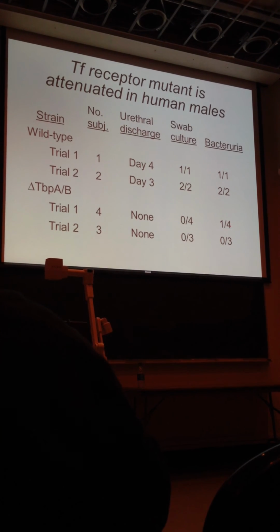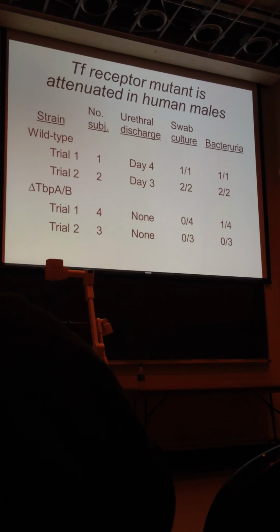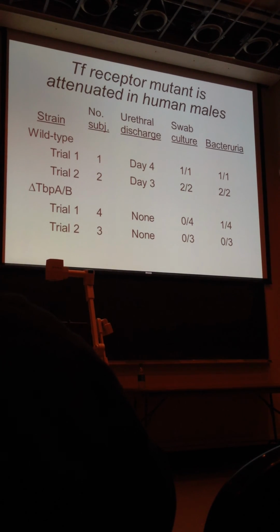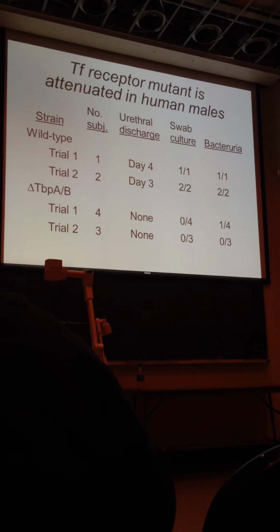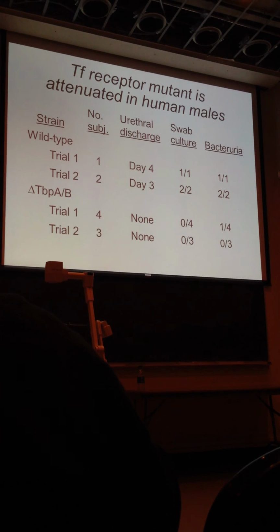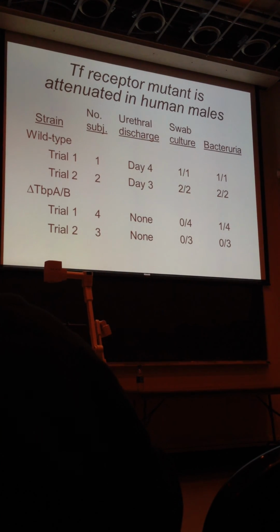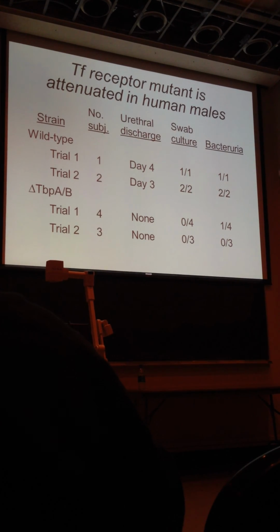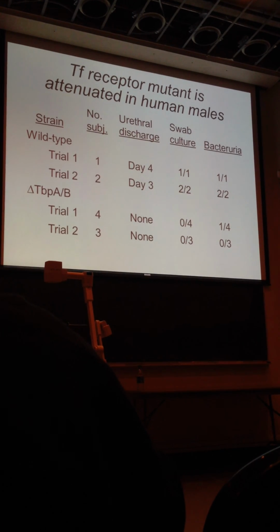There was one person who had a transient bacteriuria, but it was resolved spontaneously, and the rest of the urine specimens were negative. So we concluded from this that a mutant that can't make this system is exquisitely attenuated in the human male and can't even initiate an infection in the human male. We can't do this experiment in women ethically because the infection